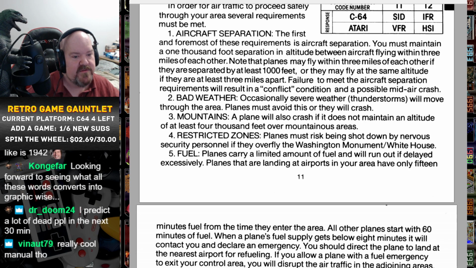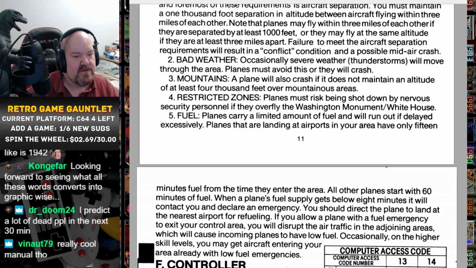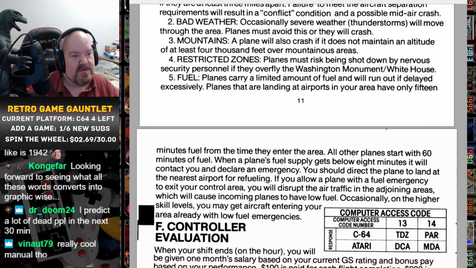Occasionally severe weather will move through the area. Planes must avoid this or they will crash. Mountains. A plane will crash if it does not maintain an altitude of at least 4,000 feet over mountainous areas. Restricted zones. Planes risk being shot down by nervous security personnel if they overfly the Washington Monument or the